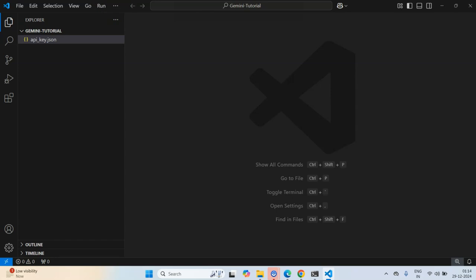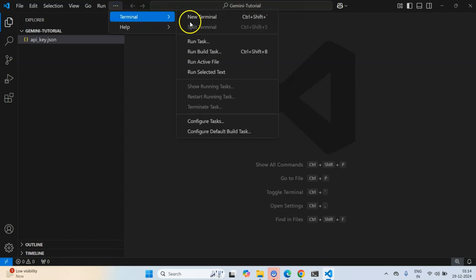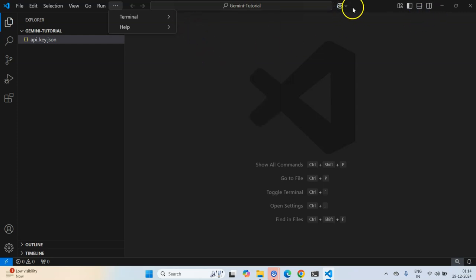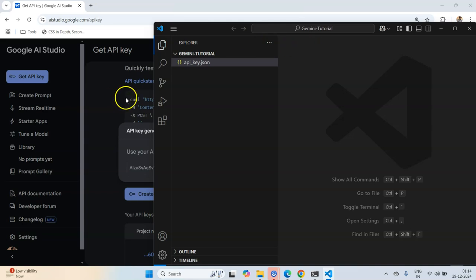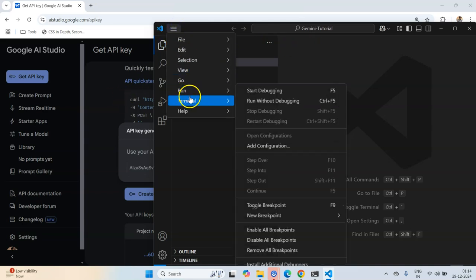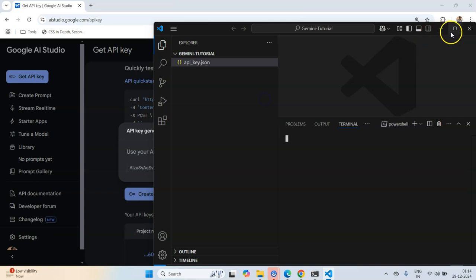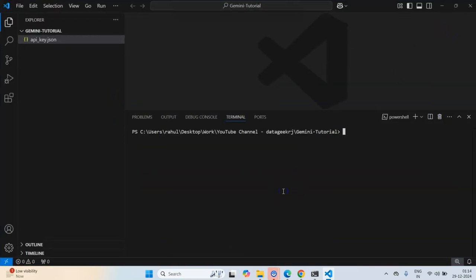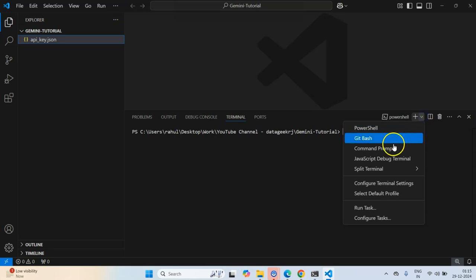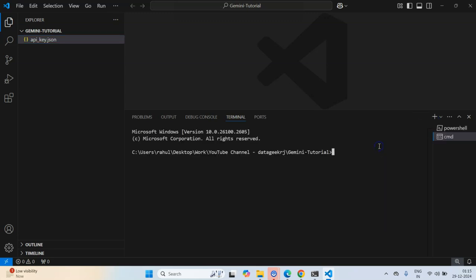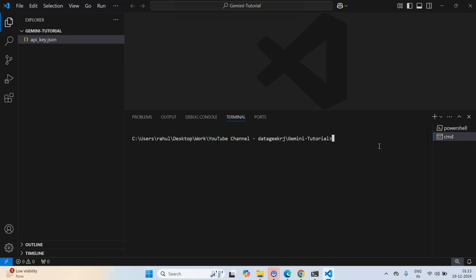What is the next step? For the next step, let me start setting up my environment. I'll open a new terminal, and now I'll start setting up my virtual environment. Now why do we need a virtual environment? There are good reasons to create a virtual environment and keep your dependencies separate, but I'll not be going into its details and intricacies as to what might happen if you don't create one.